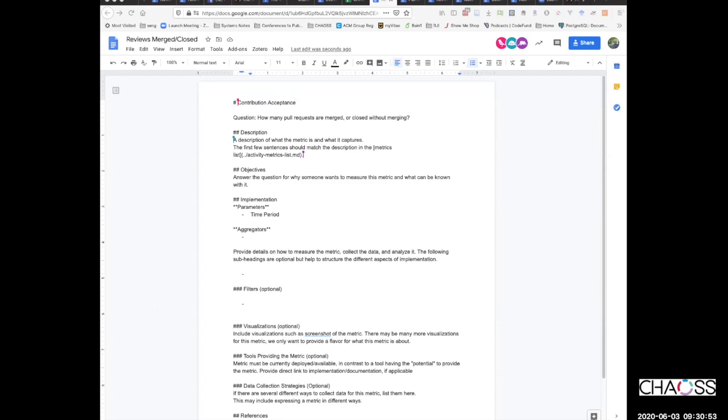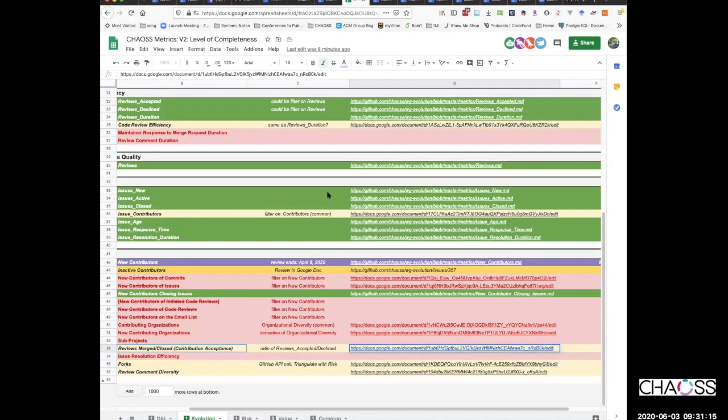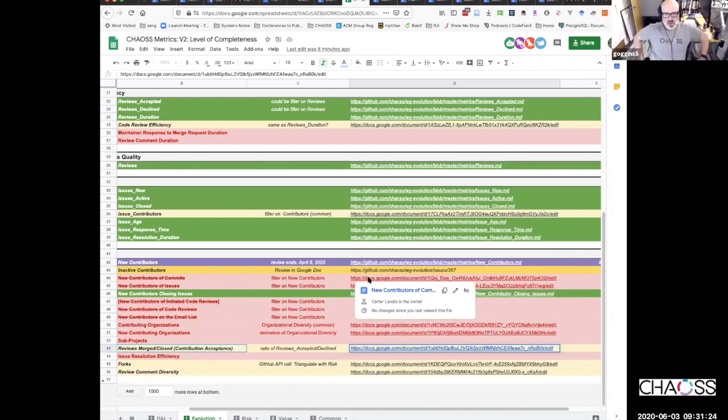I'm still failing to see it. I know there's an implicit connection to growth here, but it's really not strong. I don't know that it's fine living in community growth, but I wouldn't mention community growth in the metric. I think this is really about the ratio, right? So the ratio.